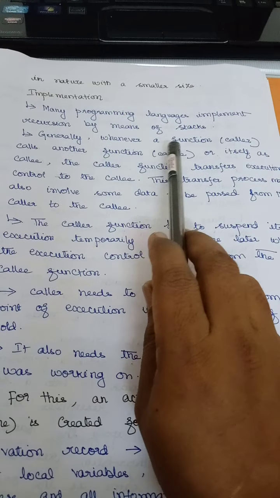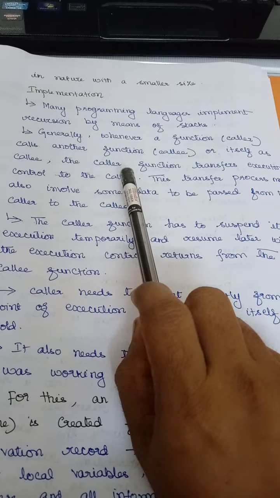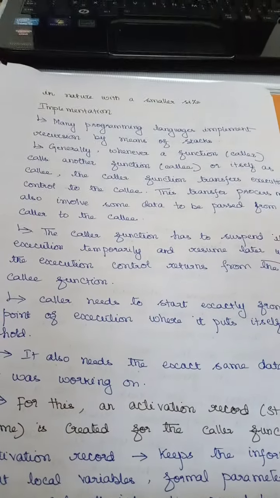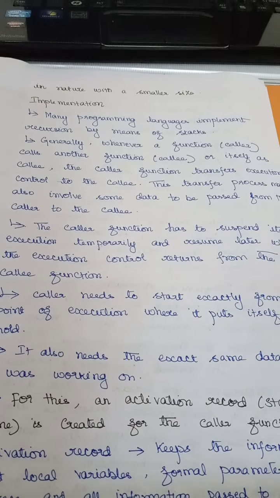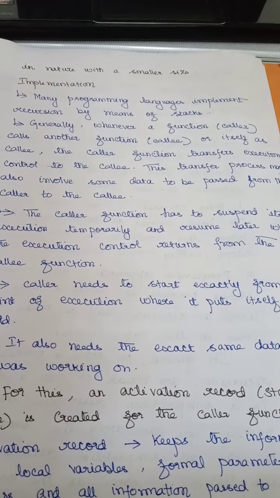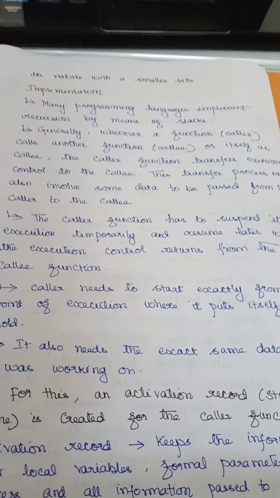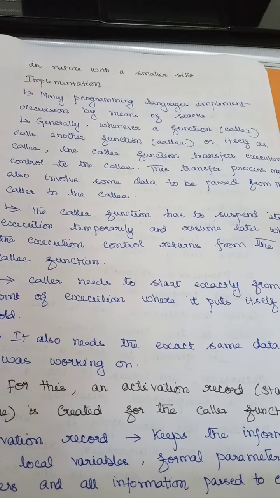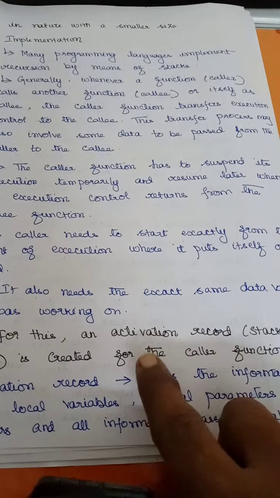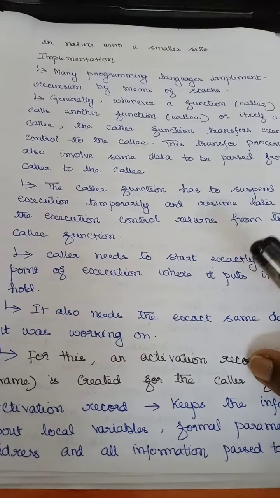Whenever a function calls another function, the calling function must store all the details. If I want to call some function, I need to store the details of where I am stopping my program, so that when the control returns back to me, I know from where I have to proceed, right? All this information will be stored in a record called an activation record, or a stack frame, right? This will be stored in a stack for your recursion, right?